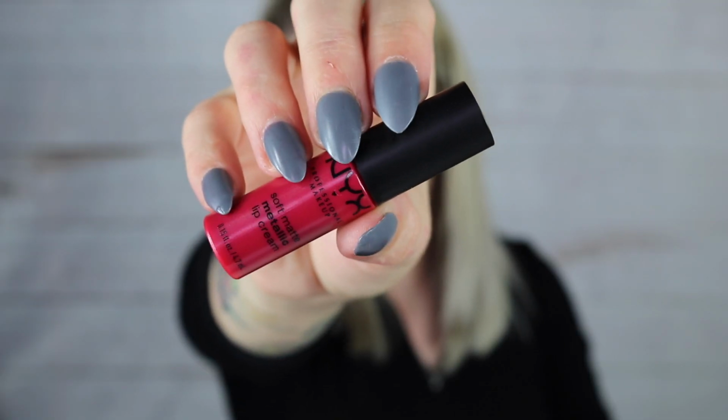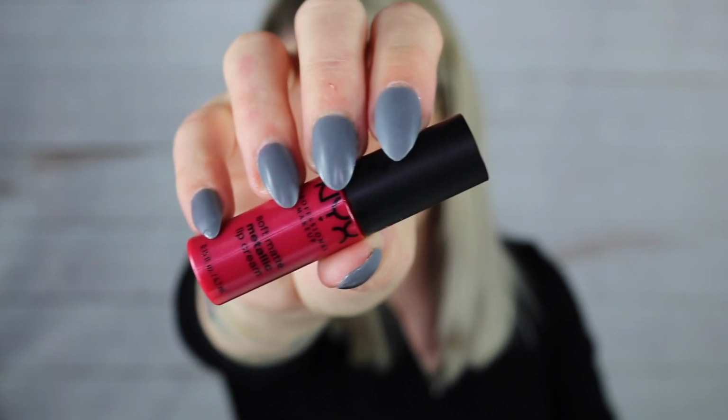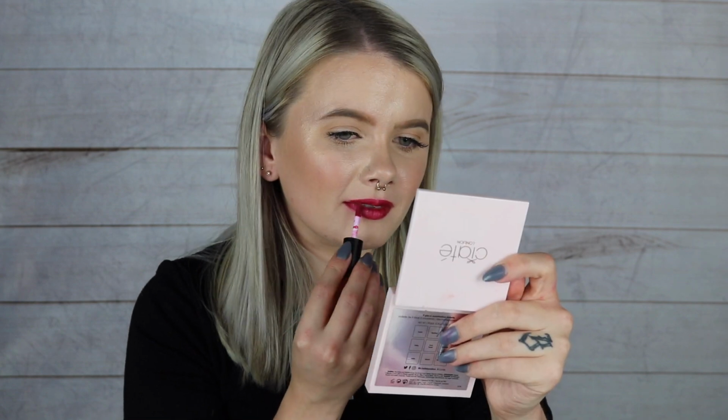Moving down the list now of the formulas we can get. So this is the Soft Matte Metallic Lip Cream in the shade Monte Carlo. Looks like it's gonna be a very pink and metallic shade. Okay, so what's kind of nice about this metallic is that it isn't as metallic-y as you would expect. You can definitely see it on the lips when you're up close and personal,